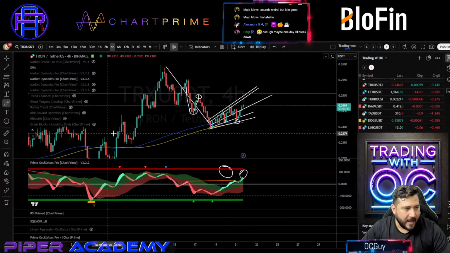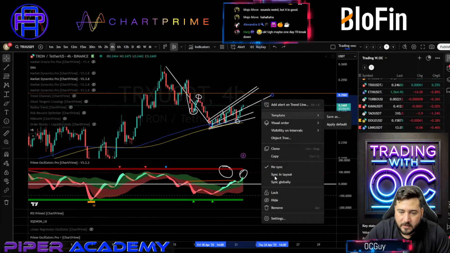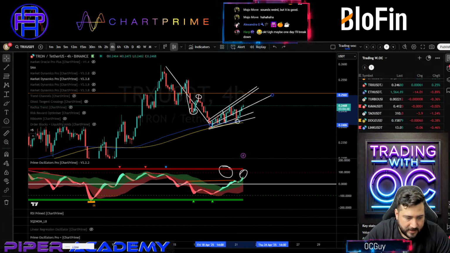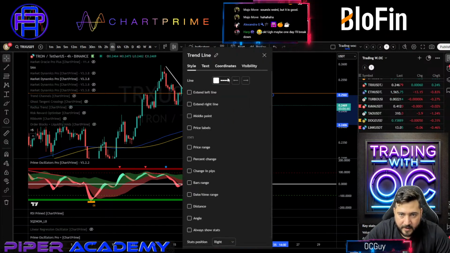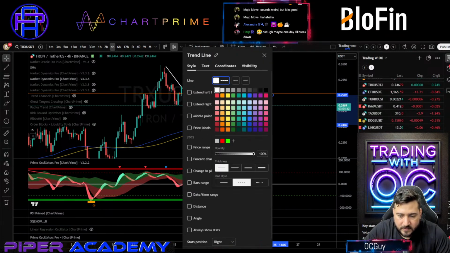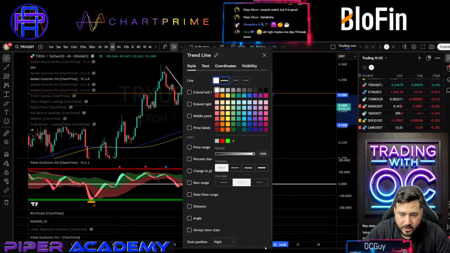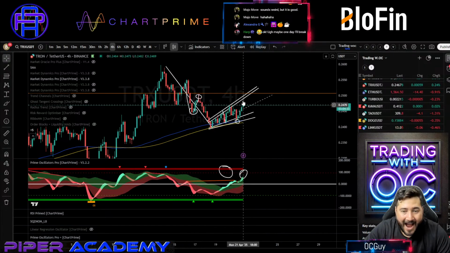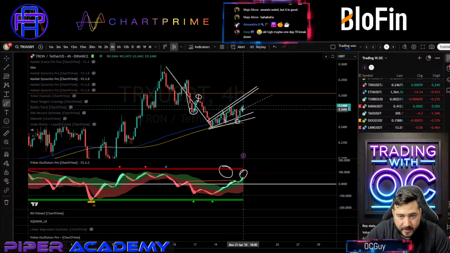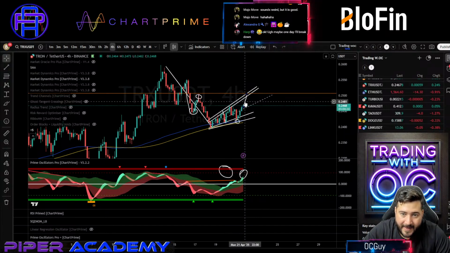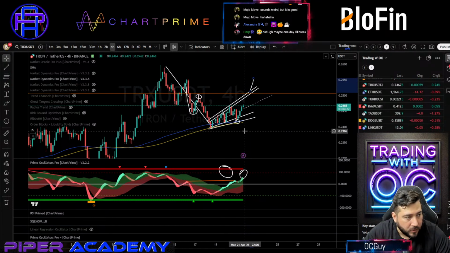All right. Now, how do I measure this target? Let me just get this line. This is the median. Let's just make it more simple. There we go, thinner line. All right, much better. Oh, my bad, it should be dashed. All right, perfect. That's my median. I like to measure the median movement from whatever it is to the upside, and that is going to be my breakout pattern.